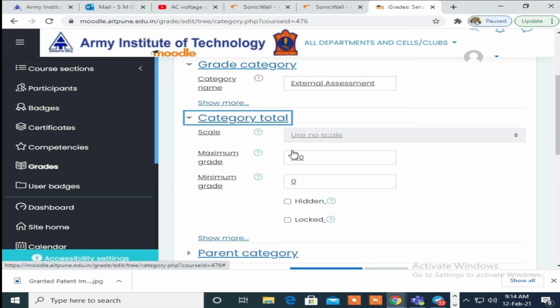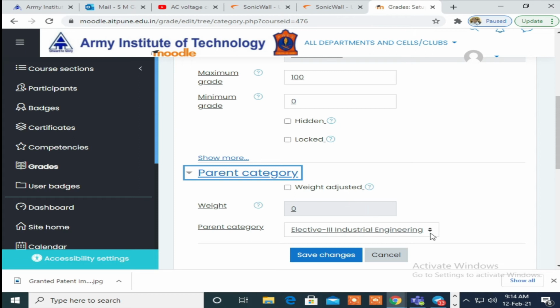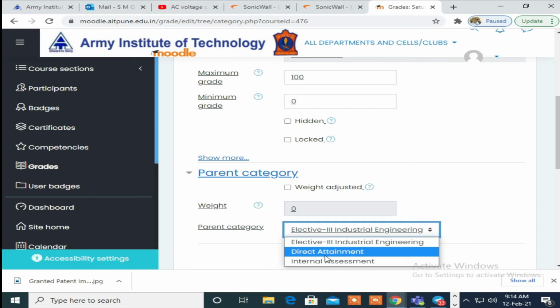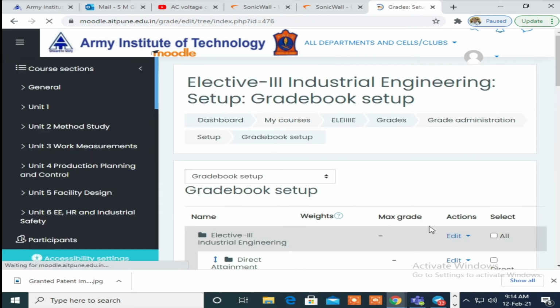Here in category total you can change, and it should be under direct attainment. Save change. So you can edit weightage and all those parameters after making save change.